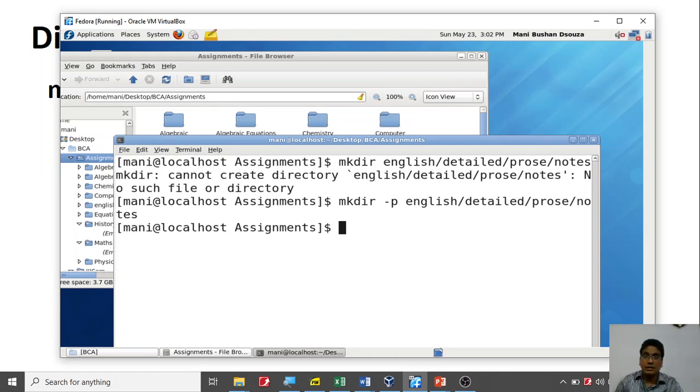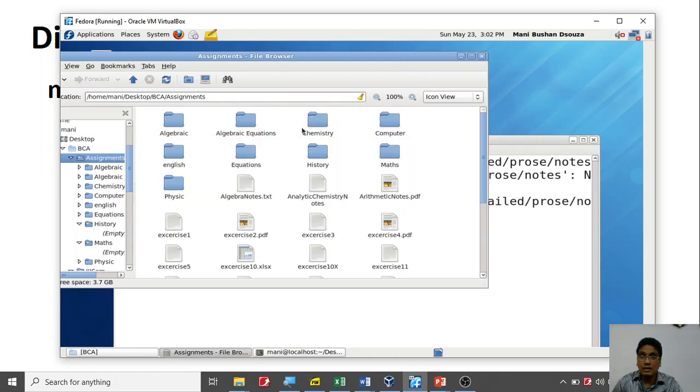it didn't say anything, it has created. Now if you look at the English folder, somewhere it has created this. Where am I? Inside this it created English. English is here, so it created English. If you open this English, I'm going to just open here English. Inside English, if you just notice,